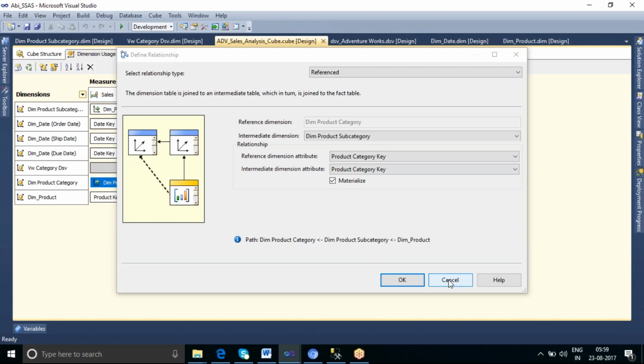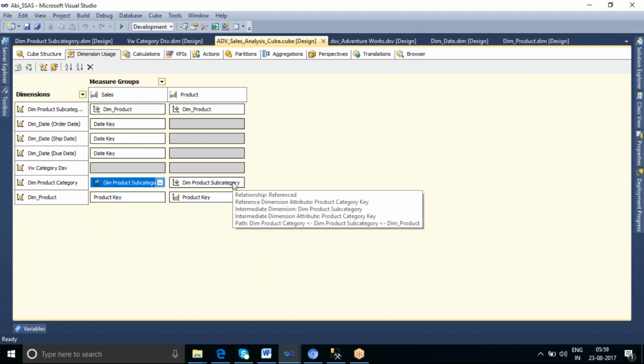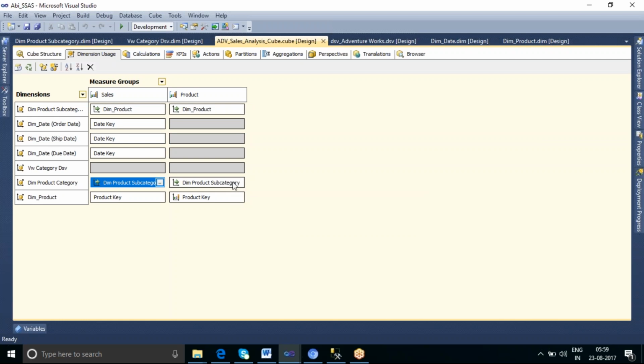Okay, and then what is a fact relationship? A relationship that exists between the dimension and the fact converted dimension, and the relationship that exists between the same dimension, is called a fact relationship.